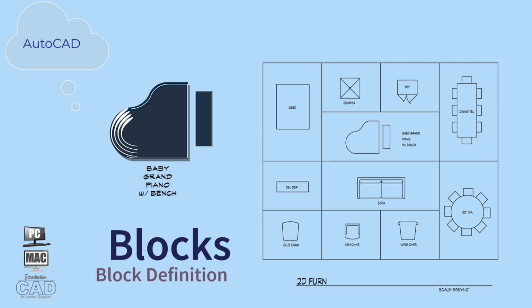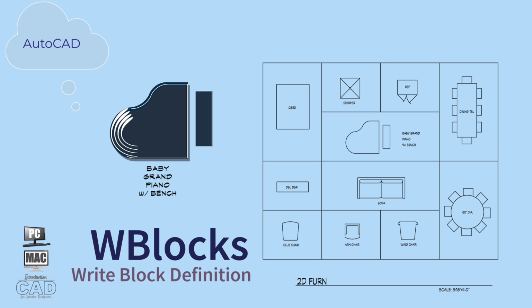In this video, you will be introduced to the AutoCAD command for creating customized blocks and Wblocks to be used in supplemental drawings. We will demonstrate this lesson by utilizing a previous assignment entitled 2D Furniture, in which we drafted the following plan view objects: a queen-sized bed, a double dresser, 36-inch square shower with floor slope lines and a